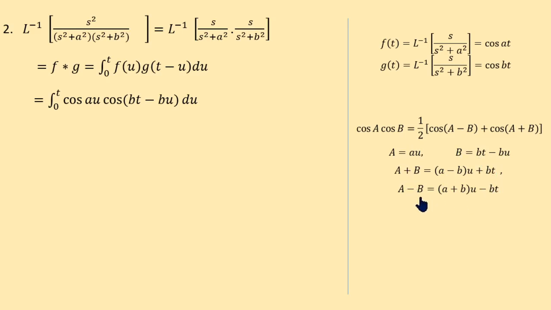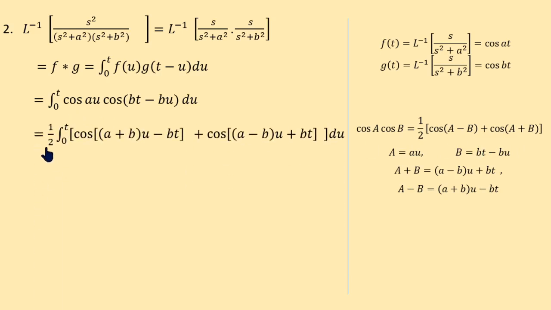Substitute this A plus B and A minus B value here, and hence it is half into integral 0 to t cos(a minus b) that is (a plus b)u minus bt, plus cos(a plus b), that is (a minus b)u plus bt. Now cos theta plus cos,